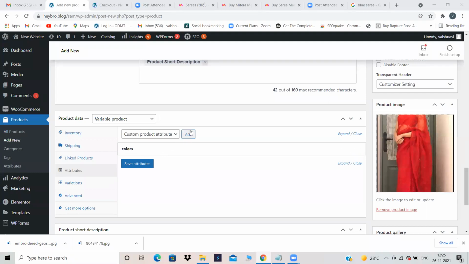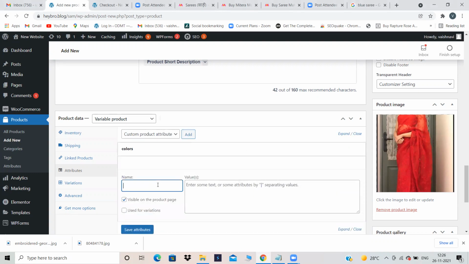Then next, if you want to give the length, you can give the length. Let's give the length just for practice. Size. Then what sizes? 5 and 6. You can give like that also. 5 and 7 I'm giving.